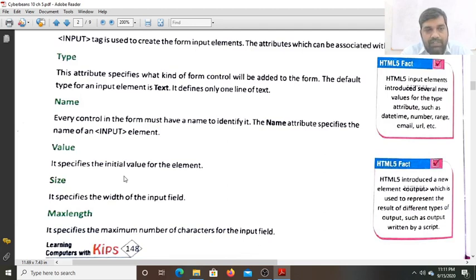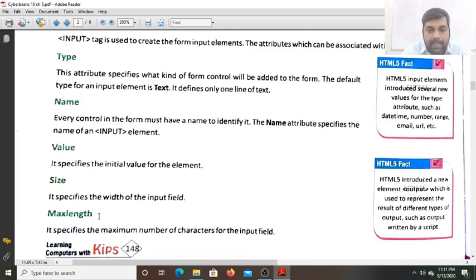So if you want to give any value for any input element, that also you can write as a value for the attribute. Now size, it specifies the width of the input field. What width you want to give, 10 pixel, 20 pixel, 30 pixel, that also we give as the value in the size attribute.